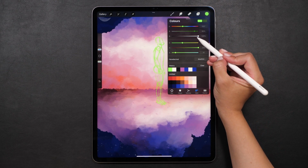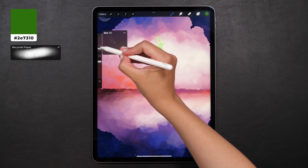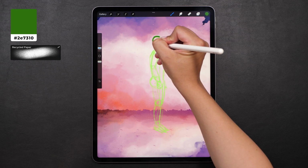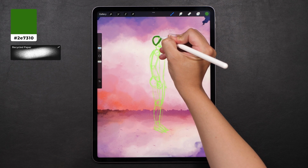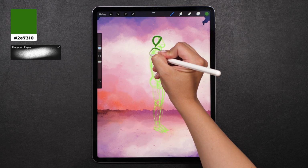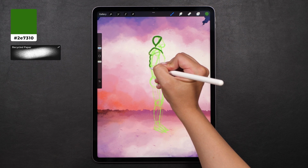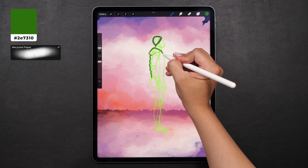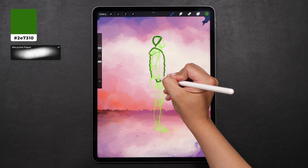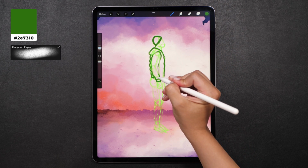Now I'll go ahead and make this color darker, increase the brush a little bit, and start adding the details and my final contour. We'll wear a hat and we'll have this hoodie, a jacket, some sleeves, pants,